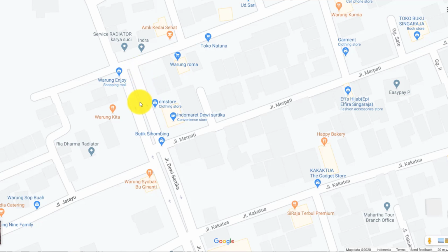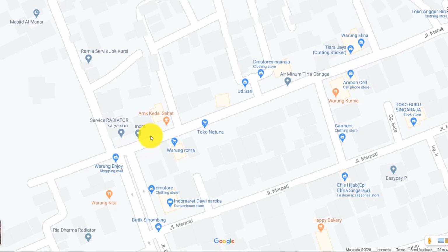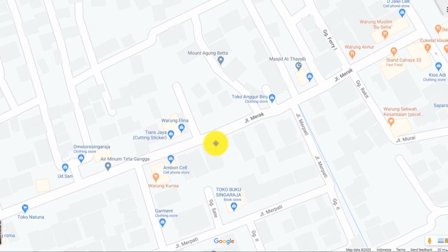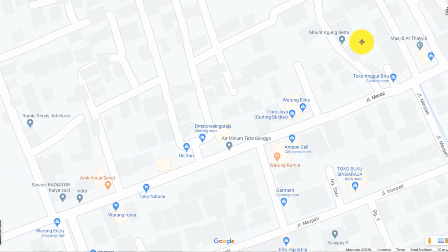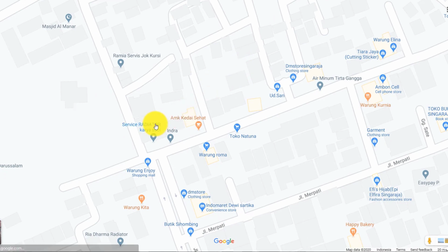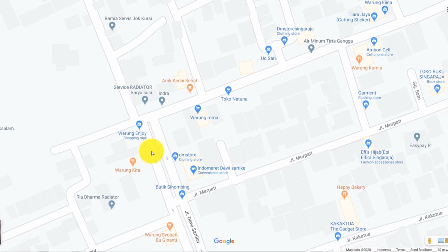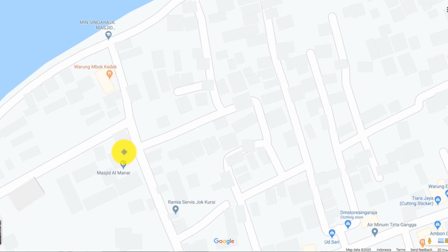The street actually goes down here just a little more, and I'm going to pick that up on another video when I talk about Jalan Merak and over to Jalan Patimura. And I have video of that, but it's not very good. For some reason, the video that I do over here does not work out real well. So we're going to stop at Indomaret today, and this is a road that leads down to the